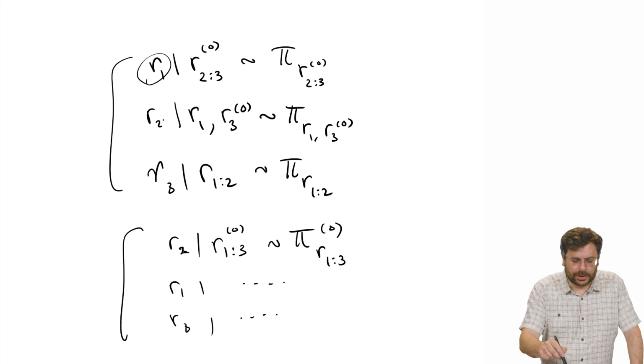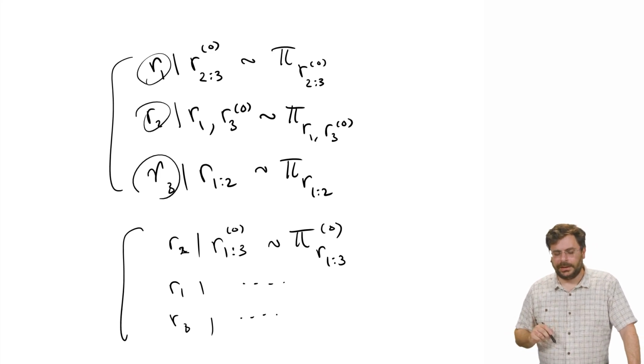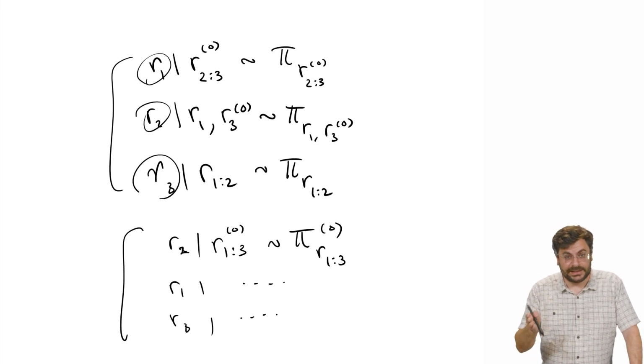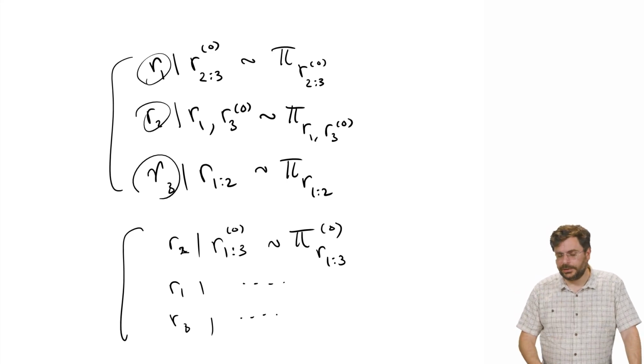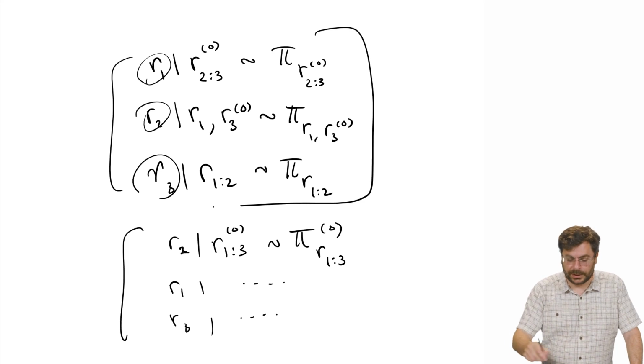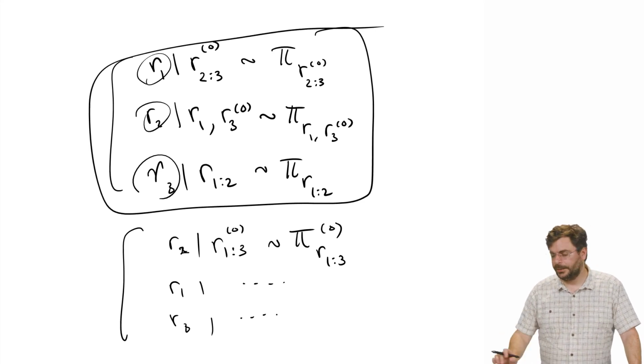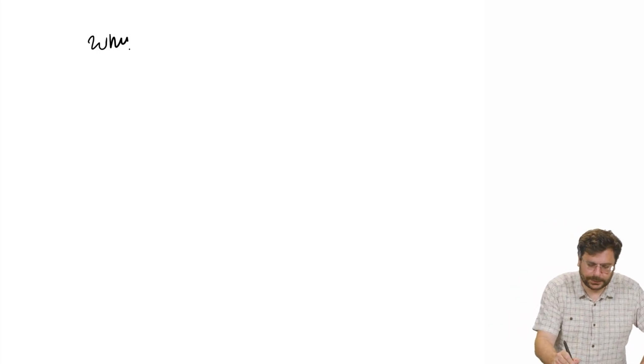In order to be able to draw R1, R2, R3 in a way that guarantees that the acceptance ratio is 1, that suggests that our proposal distributions were selected in a very particular way to justify this algorithm. So maybe in a nutshell, very briefly, I want to explain